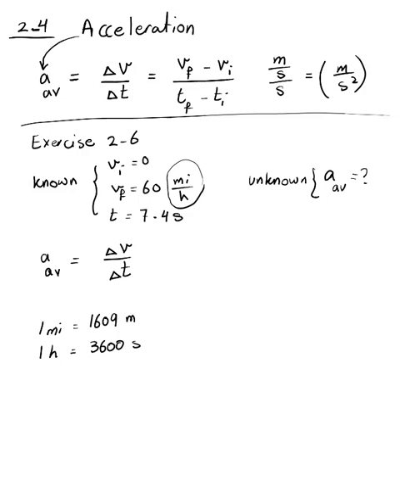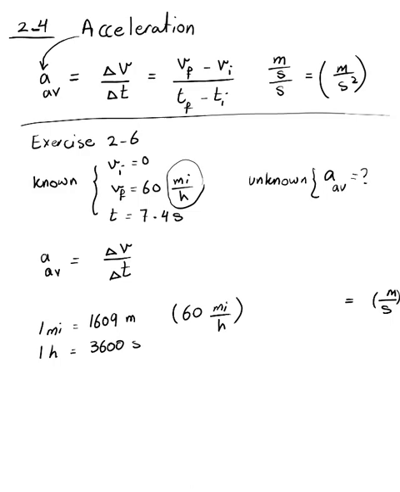So I know from that table in your book that 1 mile is 1,609 meters, and 1 hour is 3,600 seconds. So if I want to convert 6 miles per hour to something meters per second,